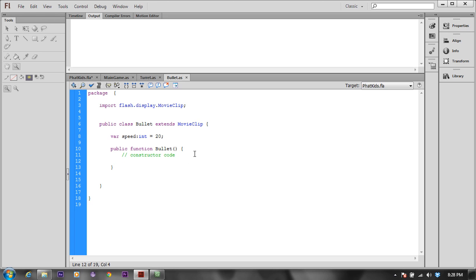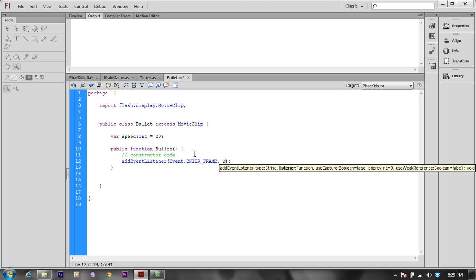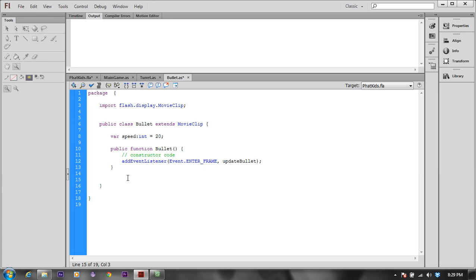And I'm going to add an event listener. At this point, I'll say addEventListener, so every bullet will have its own event listener. And the event listener is going to be listening for an enter frame event. So I have an Event.ENTER_FRAME, and every time I enter a frame, I'm going to call a function called updateBullet, and that'll work. At this point, I'll create the function updateBullet, so public function updateBullet,